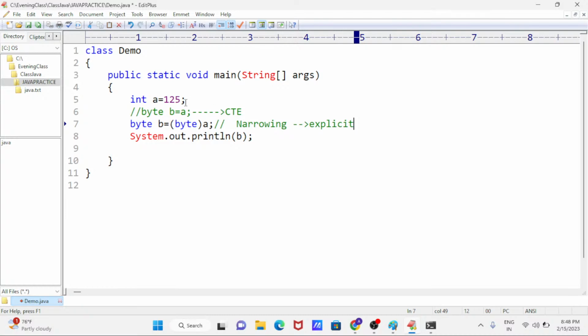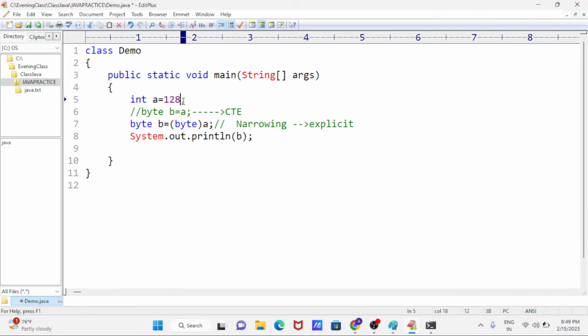Now here I will change this integer number to 128. Tell me, 128 is one integer value, integer data type, and I am trying to convert it to byte data type. What is the byte range? What plus values can it store? Up to 127. What is the minus range?